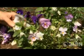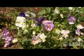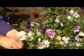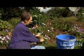Well, here I am out in my garden. One of the things I have to do a lot is get the weeds out of here. Down in these pansy plants, boy, they smell good. I sure wish you could smell them. One thing I wanted to show you is what I have to do is